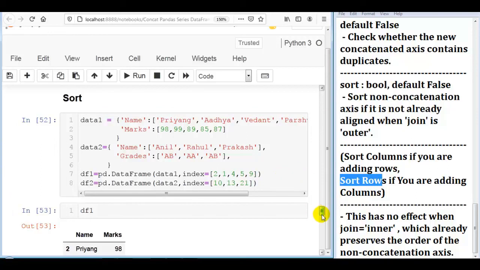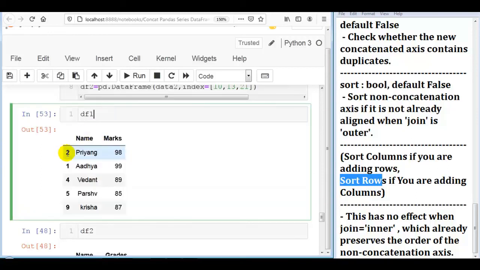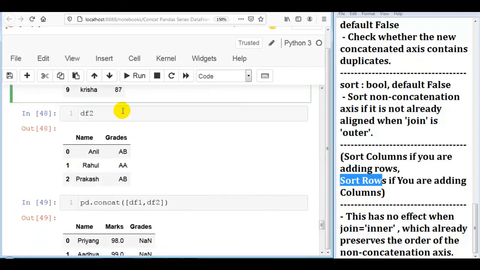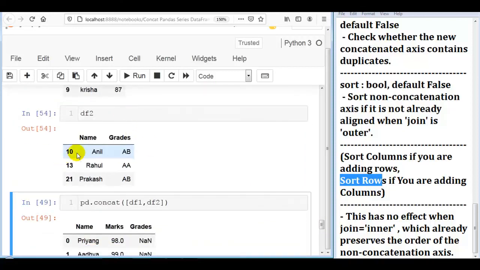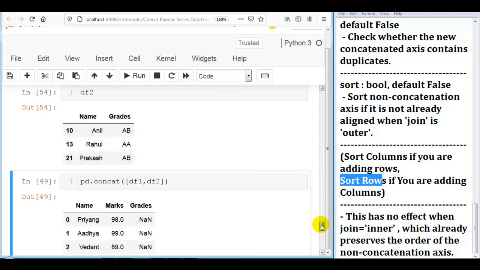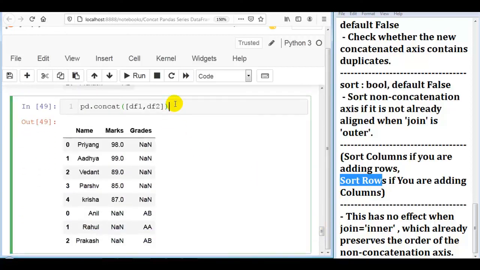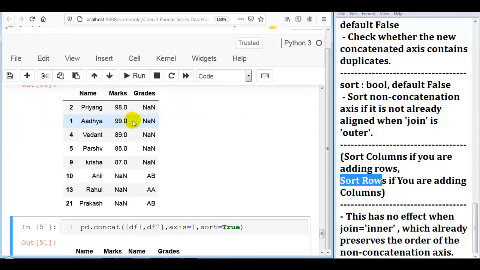As you can see over here, our data frame 1 has unordered indices 2, 1, 4, 5 and 9. Our data frame 2 has 10, 13 and 21 as index values. So now let me execute this cell. As you can see, by default the resulting data frame has the same sorting as the first data frame: name, marks, then grades.